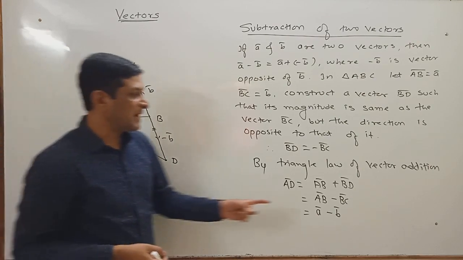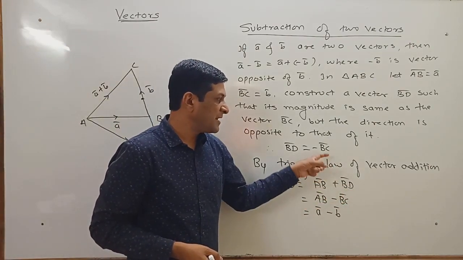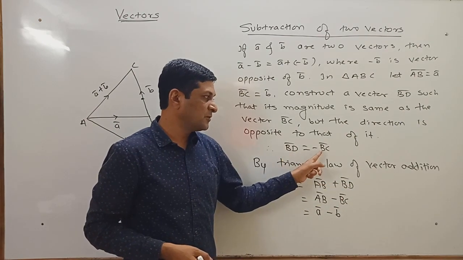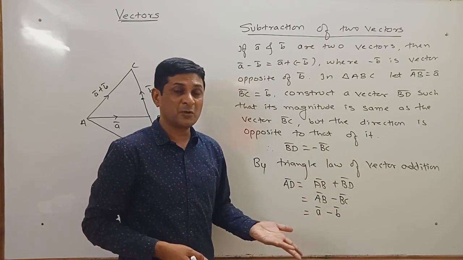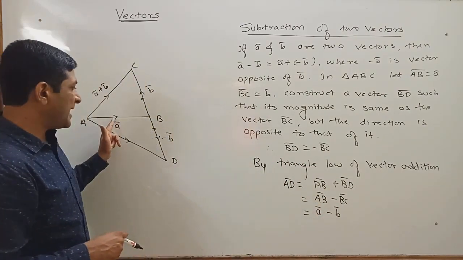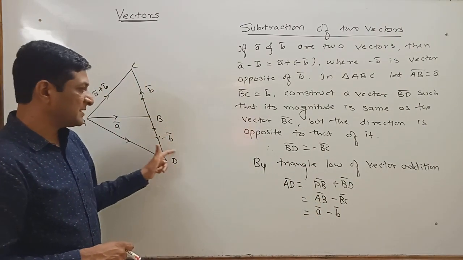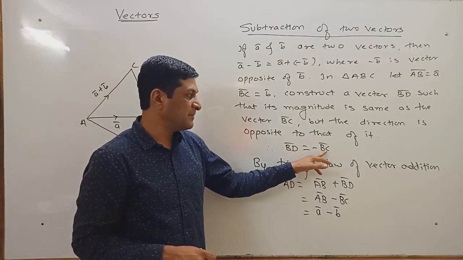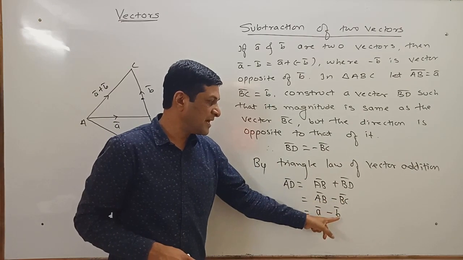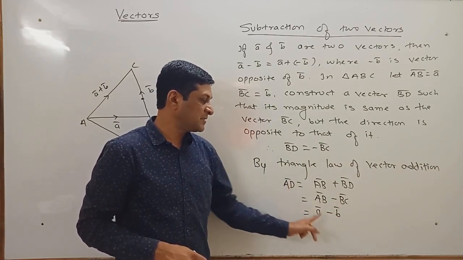Now this BD bar, can I replace this BD bar by minus BC bar? So we are just substituting the value of BD bar, which is already known to us, minus BC bar. Why? Because these are the opposite vectors. Now AB bar we are replacing by A bar, and BC bar by B bar. So the value of AD bar is equal to A bar